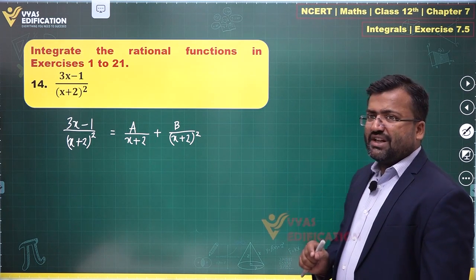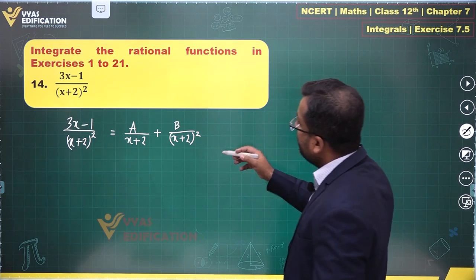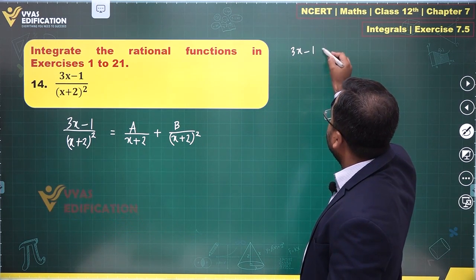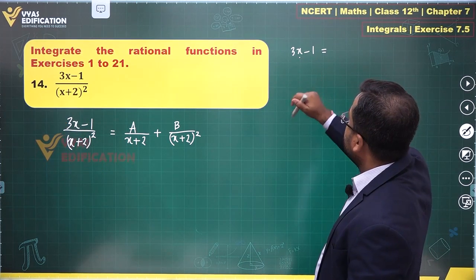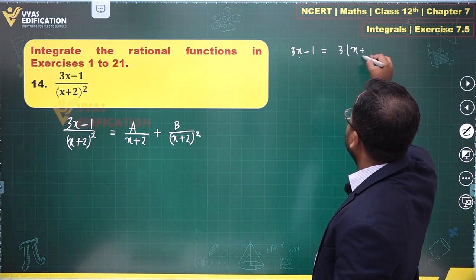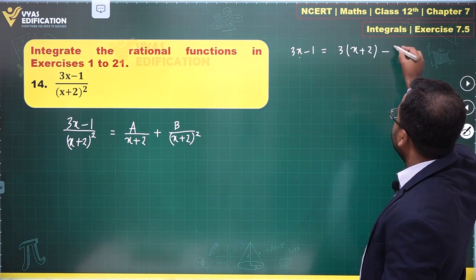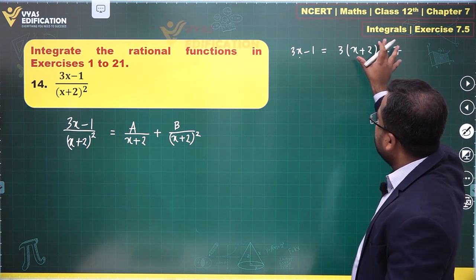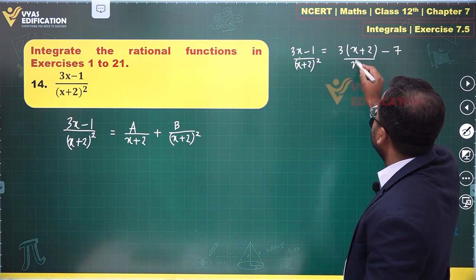By the way, this kind of question can be solved using a very easy approach. And what is that? You can write 3x minus 1, try to write 3x minus 1 as x plus 2, right? Try to convert this into x plus 2. So 3 times (x plus 2) is what I get. Okay, 3x is taken care of, plus 6, and we have to go up till minus 1, so this will be minus 7, right? If you write this in the numerator and you have (x plus 2) square in the denominator, do you observe